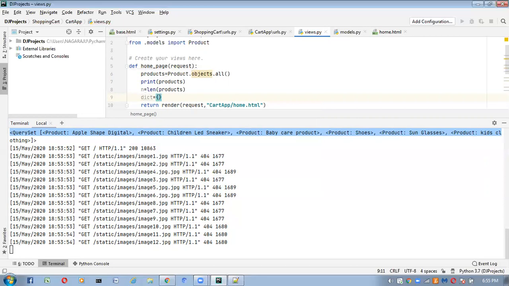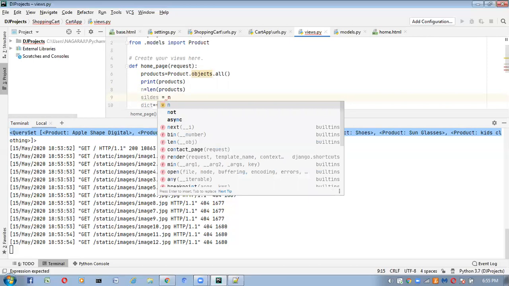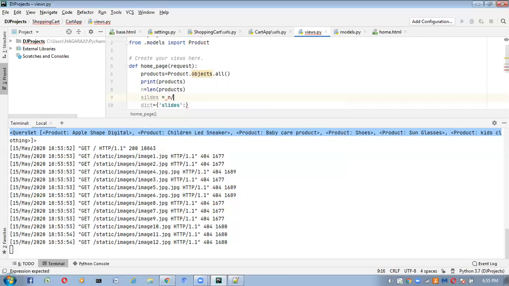First one I'm taking is the number of slides. Here, the total number of slides you want to get depends on products. How will you get the number of slides? See, here I'm going to write one formula. Based on that you will get the number of slides. Slides is equal to n floor division 4, plus ceil of n divisible by 4 minus n floor division 4. N means length of the products. Total how many products do you want on each slide? 4 products.